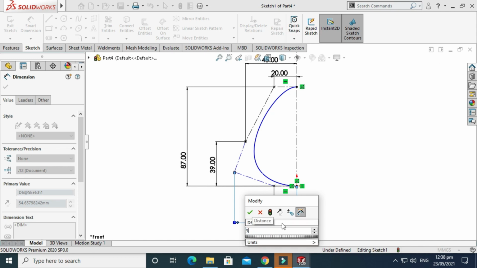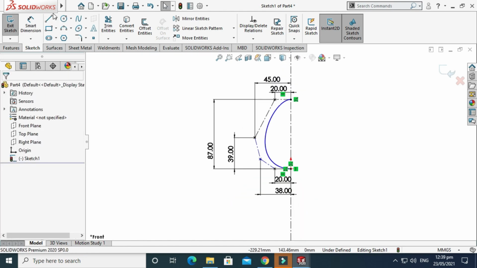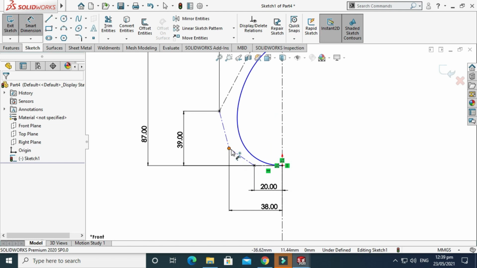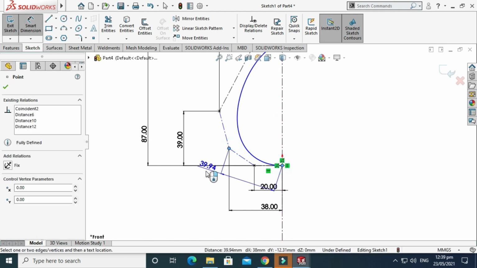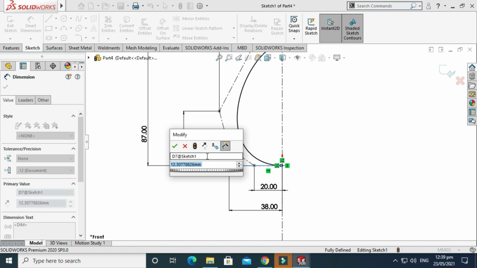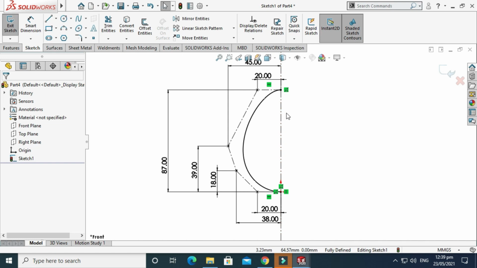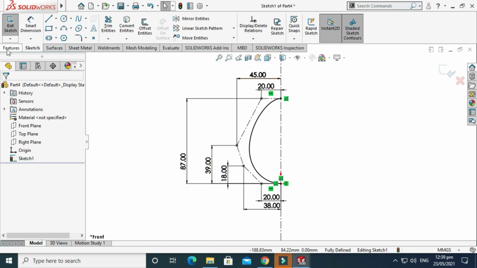I have already calculated these, and the dimension from this point to this point from the vertical side will be, let's say, 18 mm. And now, as you can see, the sketch has turned black, which means the sketch is fully defined.